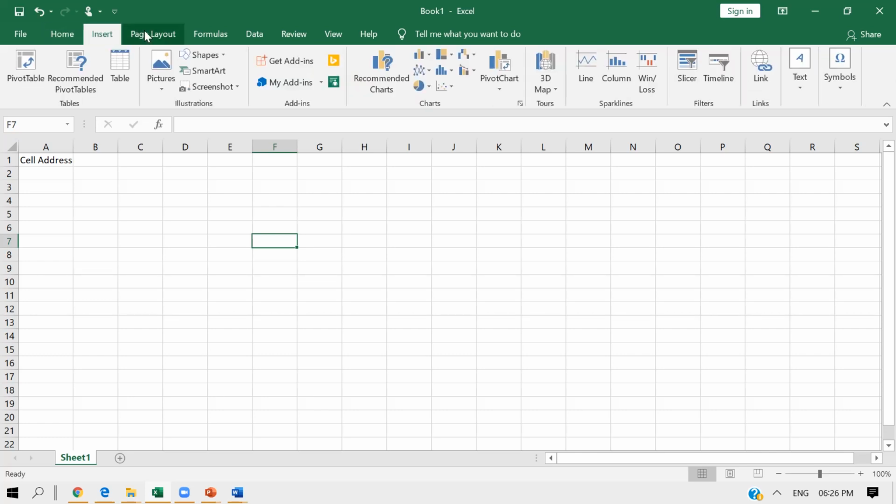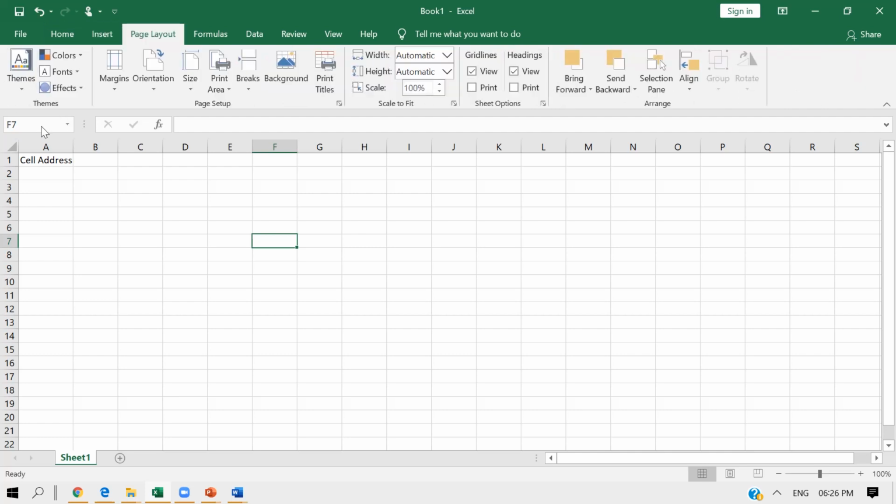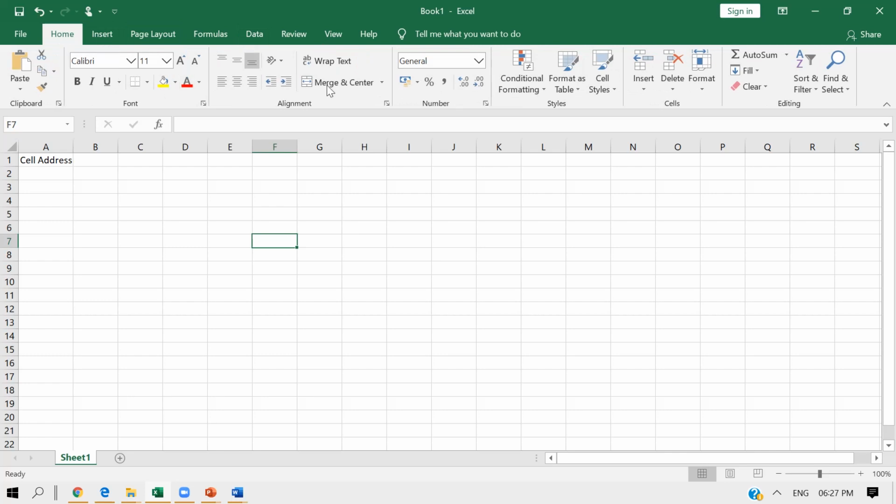Now here we have the name box, where your cell address is given. This is called the formula bar, where the content of the cell is displayed. All these buttons that you see are called command buttons, so on clicking these buttons you can give specific commands.